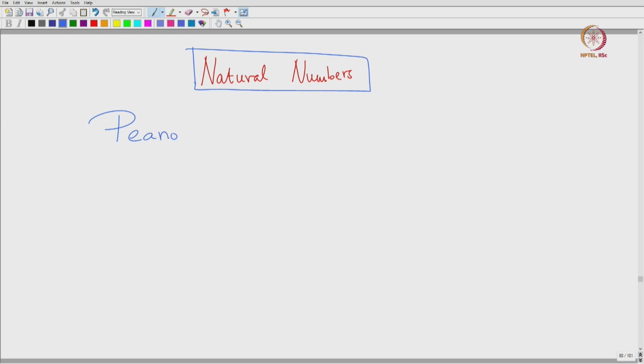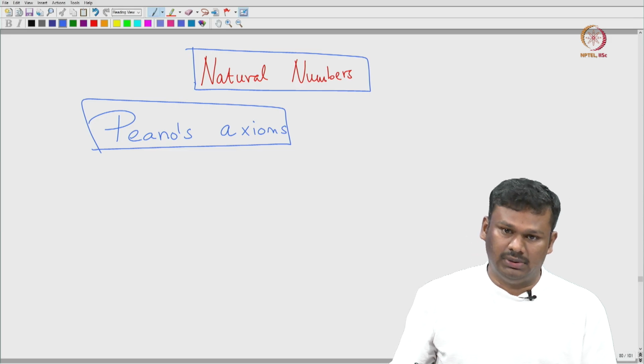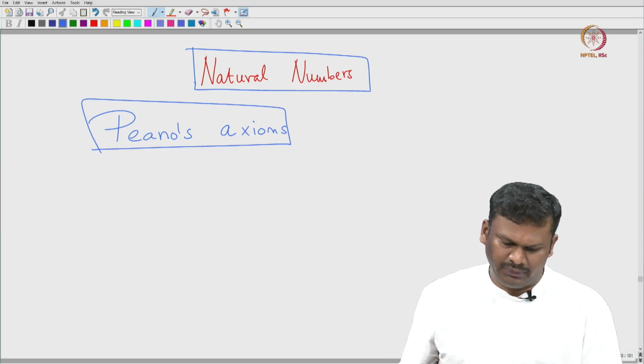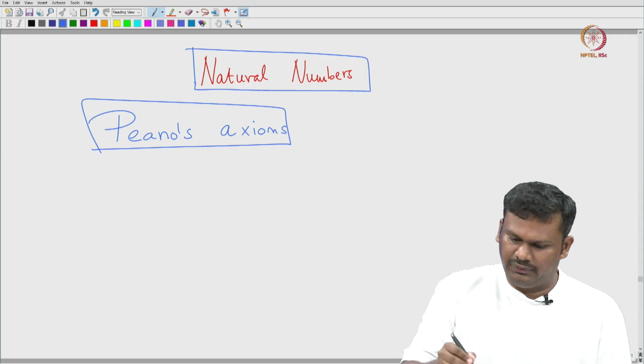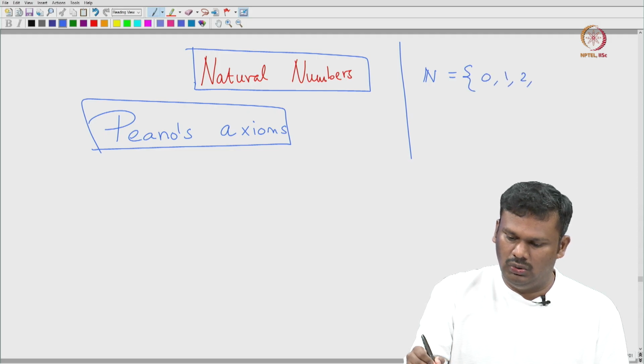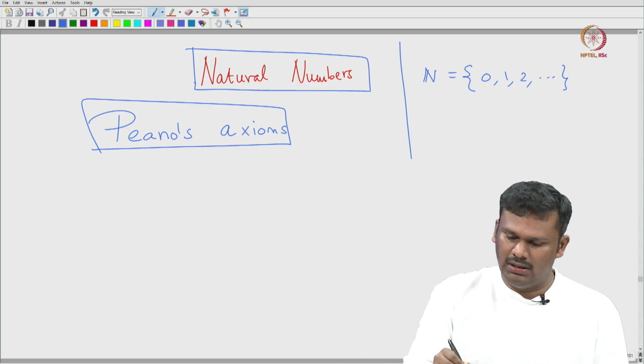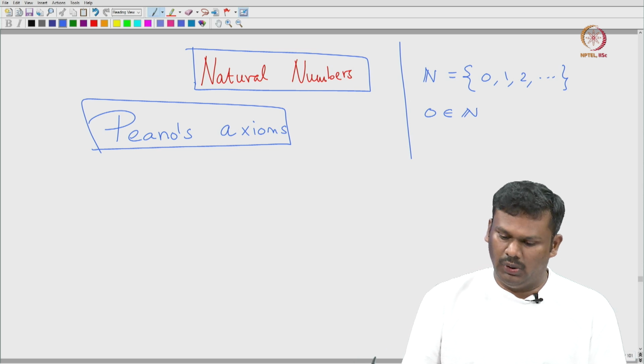So, the Peano axioms actually define the set of natural numbers. If we think about it, they are very natural properties of the natural numbers which actually kind of define them. So, recall what the natural numbers are for us. They are starting from 0, 1, 2 etc. So, you can actually see that 0 must be an element of N. So, that is the first important